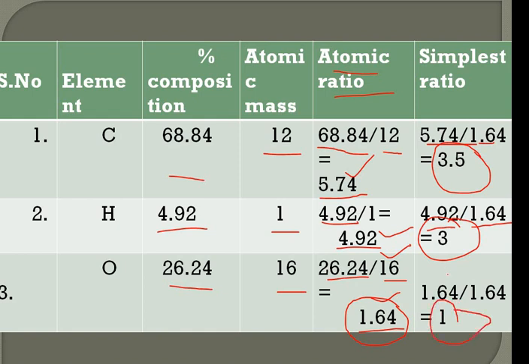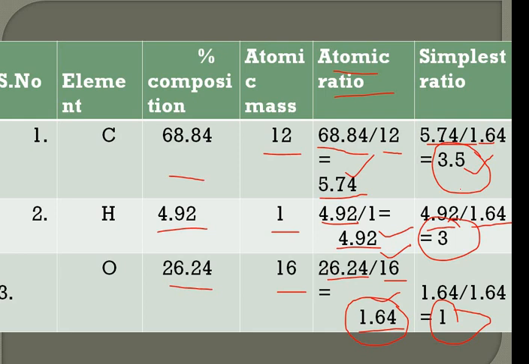Now you see the 1 and 3, they both are whole numbers, but what about 3.5? It is not a whole number, it is a decimal number, and I told you earlier that the atom is either present or not present. It cannot be present in the half form or 1/4 or 0.75. It never is present in the form of points or any other part. The atom is present in the full form. So in this case you need to calculate and make it a whole number. How do you make it a whole number? By multiplying this value by a number so that it becomes a whole number.